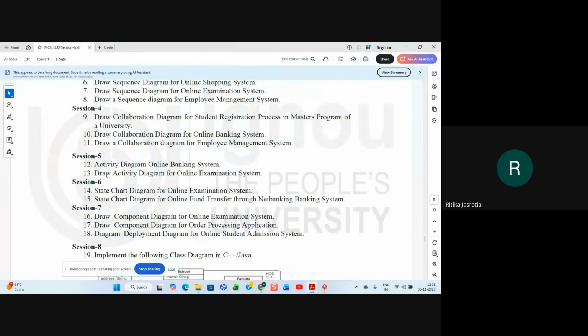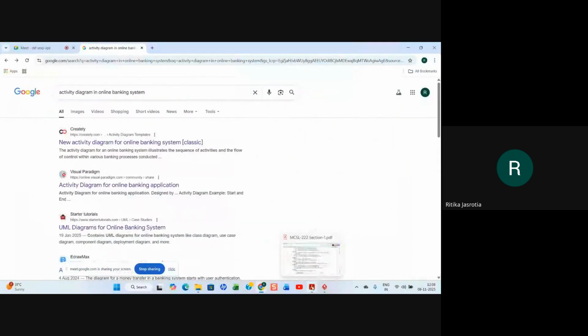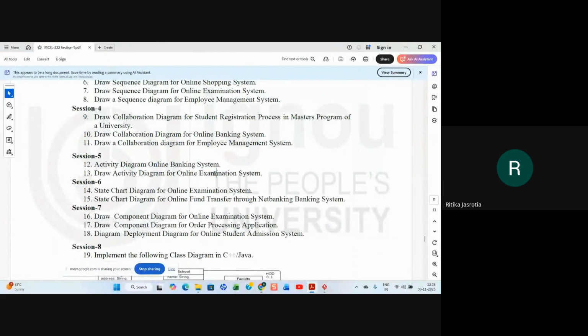Now they are asking you to draw an activity diagram for an online examination system. So tell me, in an online examination system, what all options will you see? What all things will you have in an online examination system? You will log in again to the online examination system, right? Exactly. You will register for a particular exam. First your successful login will be checked. Then after login,